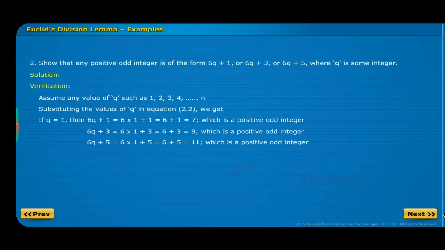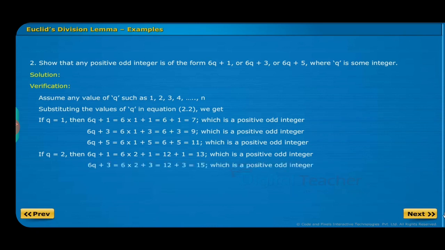6q plus 5 is equal to 6 into 1 plus 5, which in turn is equal to 6 plus 5, that is 11, which is a positive odd integer. If q equals 2, then 6q plus 1 is equal to 6 into 2 plus 1, which in turn is equal to 12 plus 1, that is 13, which is a positive odd integer. 6q plus 3 is equal to 6 into 2 plus 3, which in turn is equal to 12 plus 3,